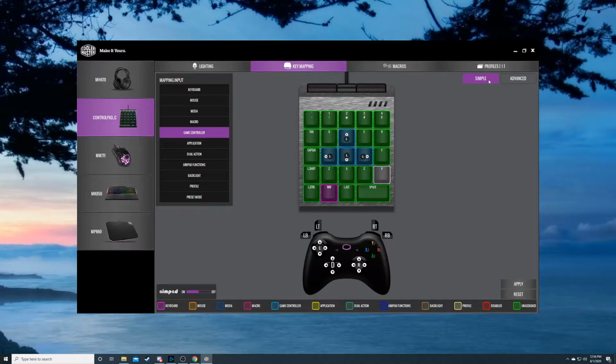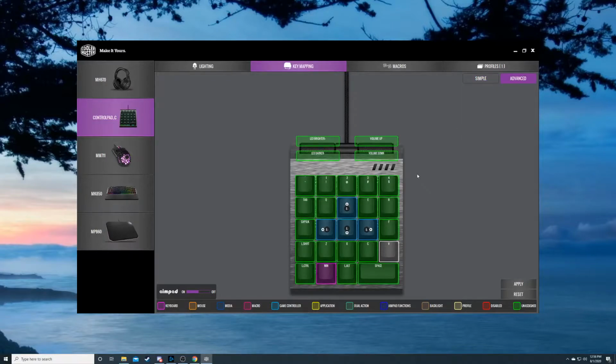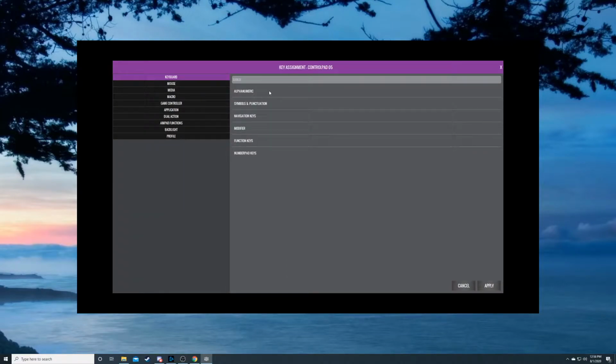Now, up in the top right corner, there are the simple and advanced options. The simple is what we just were in. Advanced is a little bit different, and I think over time this advanced will become a lot more full-featured. But one thing I wanted to point out that is relatively useful is when you select a key, you can reassign that key. And one thing that's not available on the simple one